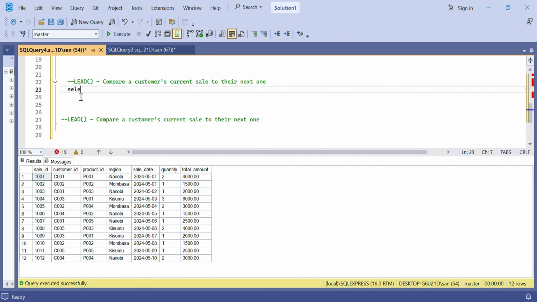So let's jump straight to the point. We're going to write customer ID, let's also use sell date, total amount,